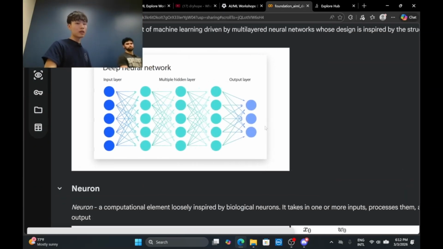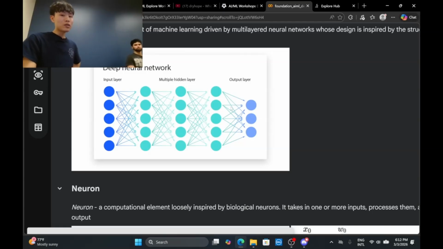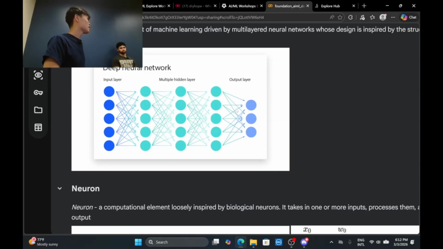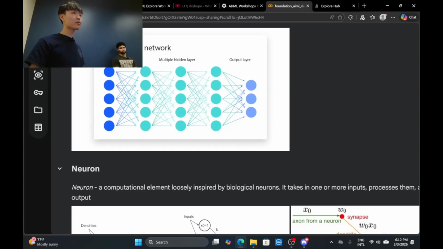Yeah, but after we pass through it, let's say for the first time, it's not always going to perform very well. That's why we need to go back and adjust. For example, in this case, it will be the weight and the bias. It's something we can adjust so the model can learn better, and that will be covered next workshop.